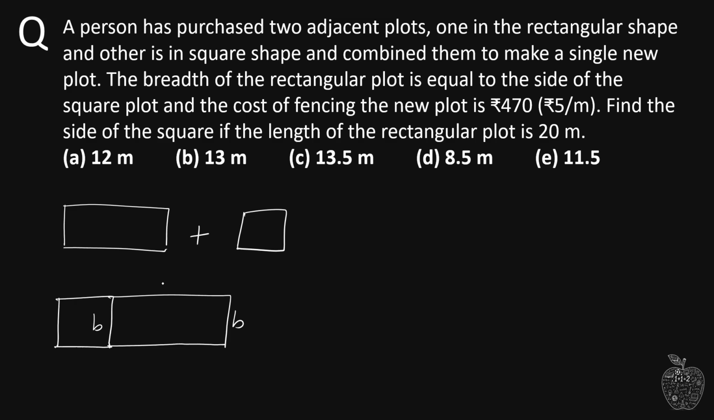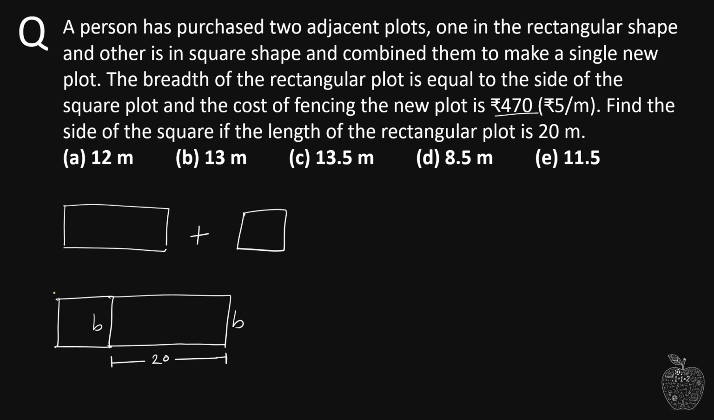So this is the entire plot now, and the cost of fencing is given to us as 470 rupees. So that means he's fencing this plot. We also have to find the side of the square, which is B, if the length of the rectangular plot is 20 meters. So we have also been given the length of the rectangular plot, which is 20 meters. All right, so now